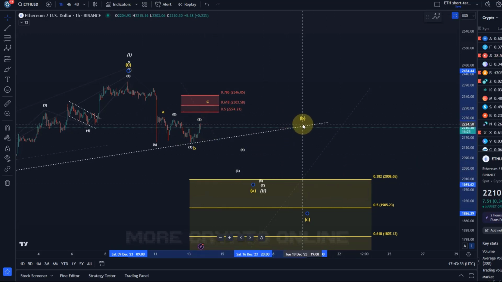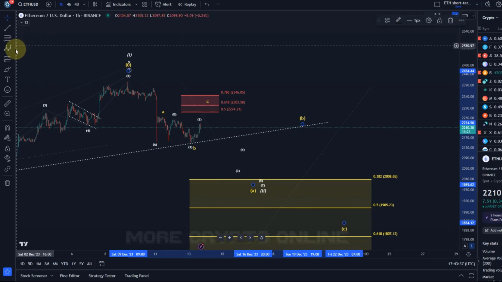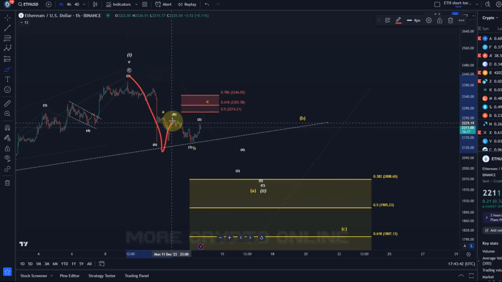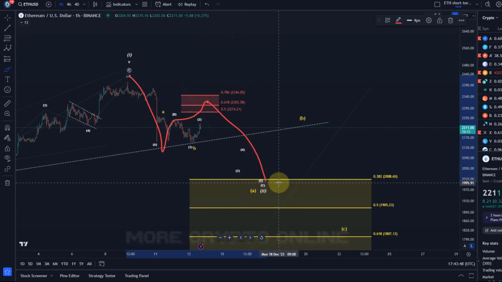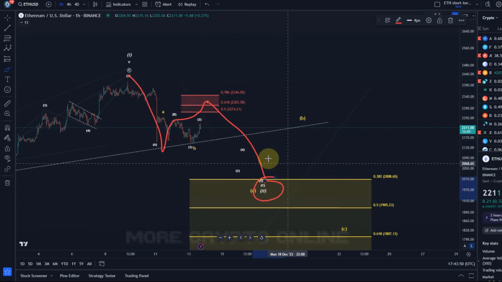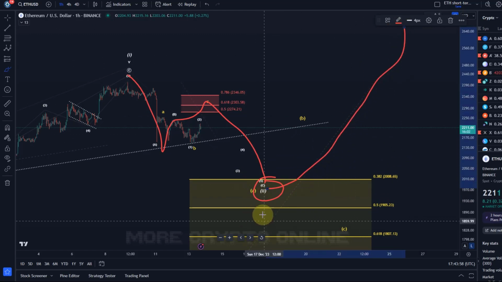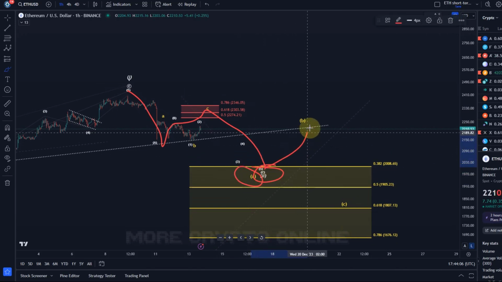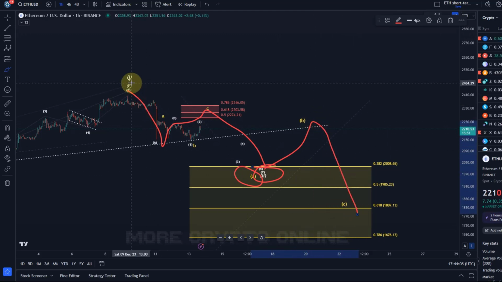I think there are just two main ways that we need to be aware of. The first way is the rather simple, straightforward way where this year was an A wave, possibly the B wave already in, maybe it extends a bit further, then a C wave down, and that completes the wave 2. Maybe as a rather shallow wave 2 correction in the region between $1,905 and $2,000 roughly, and then we start a third wave rally. Or what I have labeled here as wave 2 is just the A wave of an even larger wave 2. We then get another wave B and C. So A, B, C, just basically extended.